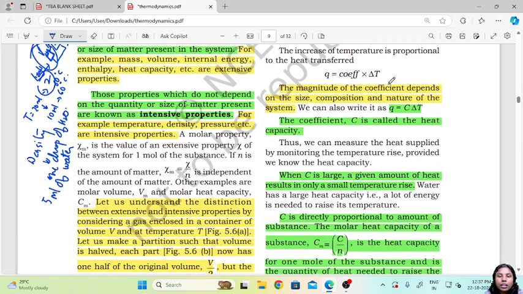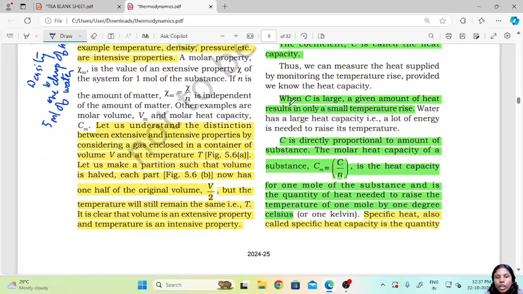Now the magnitude of the coefficient depends on the size, composition and nature of the system. So we can write that Q, that is heat, equals C delta T. Now this coefficient C is known as the heat capacity. So when C is large, a large amount of heat results in only a small temperature rise. Water has a large heat capacity, that is, we know that water needs a lot of energy to get its